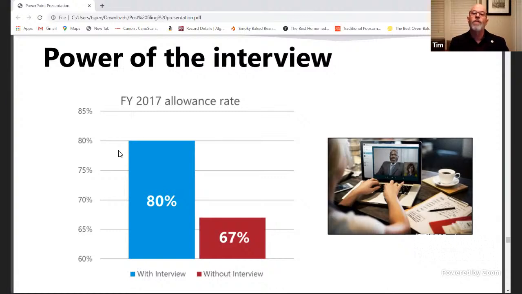When I do, there's an interview summary record that's prepared by the examiner, and there's also one that's prepared by the applicant, memorializing what we talked about, and we'll put that in the record. Now, we may not agree, but oftentimes we do agree, and it's really a good place to find a way forward. Tim, this slide should be on your website.